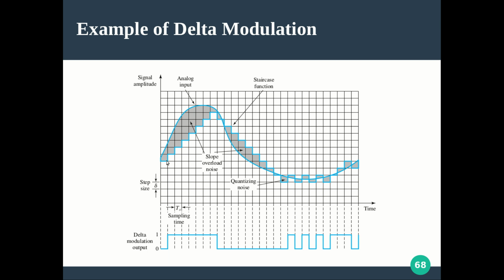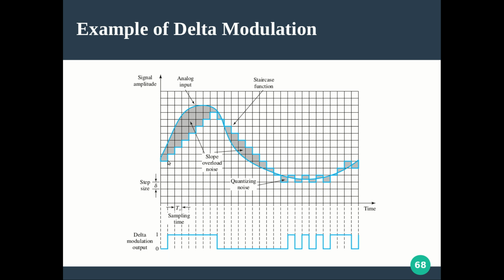Let me explain from this point. Just take the amplitude value of the staircase function. The staircase function amplitude value is this, so note down this value, the y-axis value corresponding to the staircase function, and note down the amplitude value of the signal. Here the numbers are not noted down, but if you note down the y-axis, like 0, 1, 2, 3, 4, you can see this is our staircase function, and I am just looking at the first sampling point.